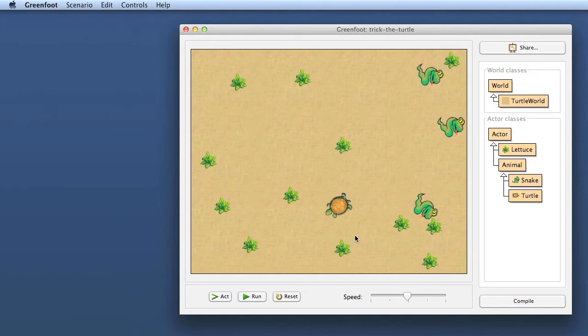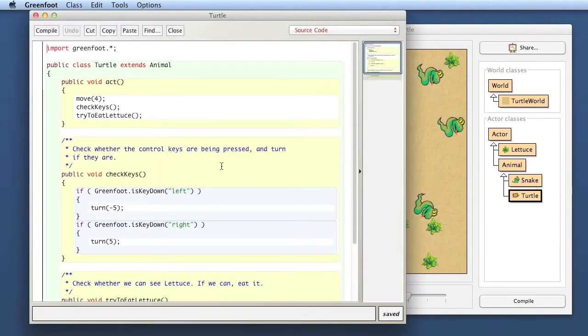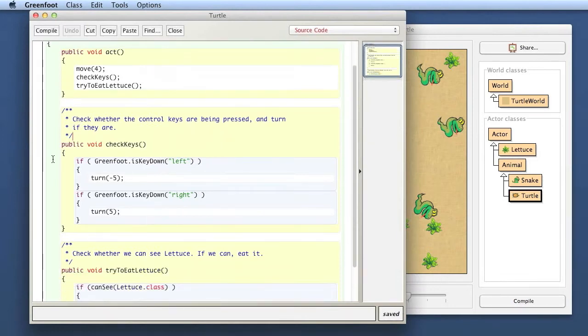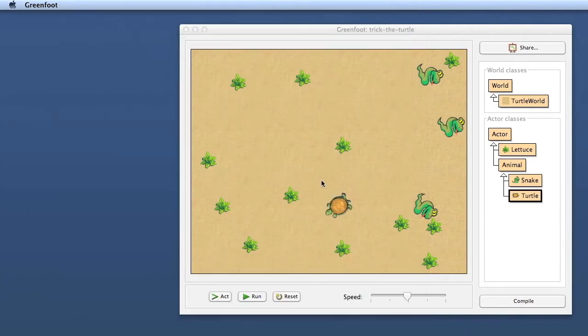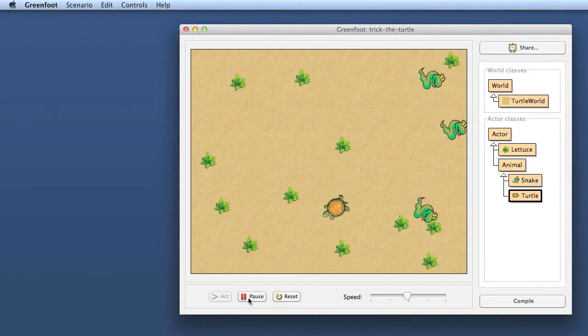What I have shown you is the keyboard control. So the moment you, in the turtle here, put this bit of code in where you check for the keyboard and turn as a reaction to this, which in terms of functionality is the point where you can control the turtle with your cursor keys, that is a really nice thing to do, where it starts becoming fun.